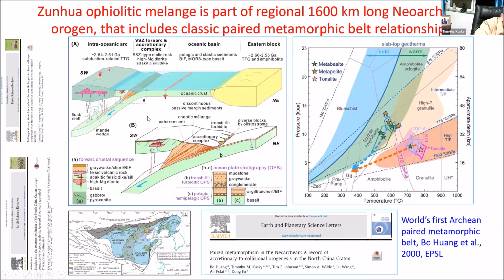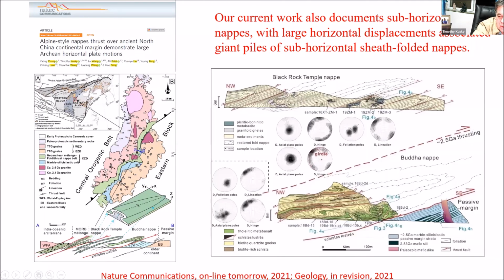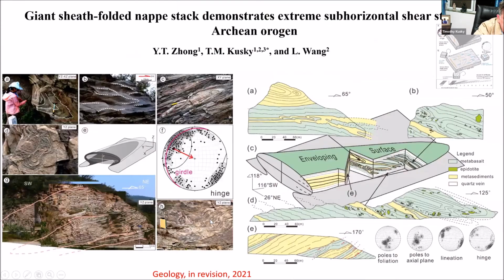And now I have to talk about something else. We have a paper coming out, I guess maybe tomorrow in Nature Communications, about how far we went laterally. We're talking about how far the plate sank down, now. So we have another student, Yating Zhang, who works with us. We've been working in this area in between Dengfeng down in the south and this area in Eastern Hebei, and we find these great big nappes, and they're incredibly deformed. They're deformed into giant sheath folds, okay? But in the recent work on the structural geology, we define the geometry as sheath folds, and the ages are that the